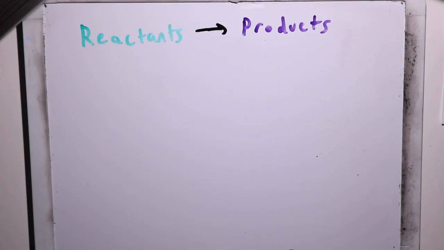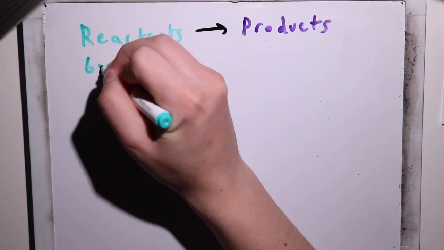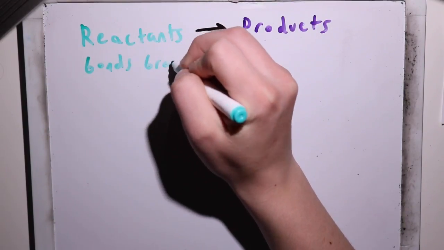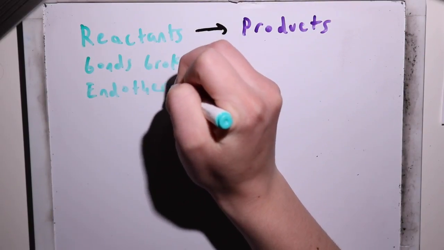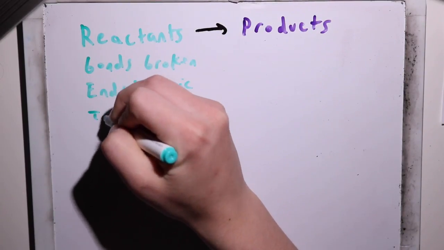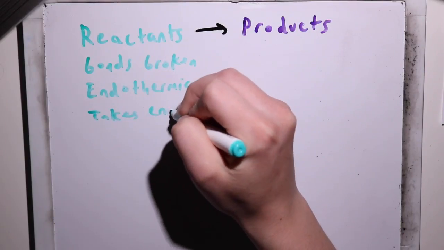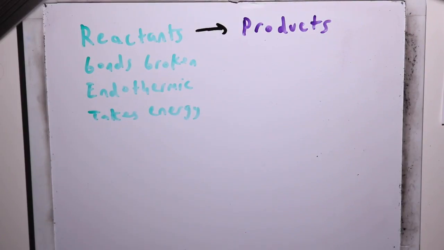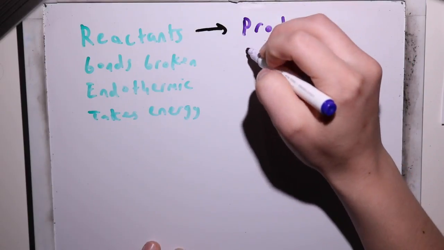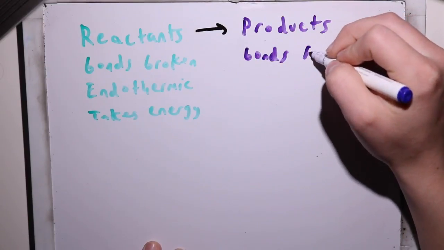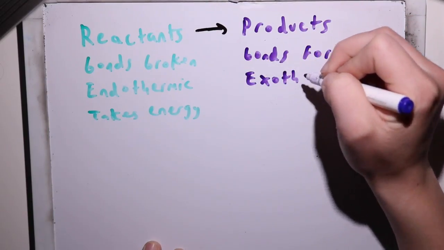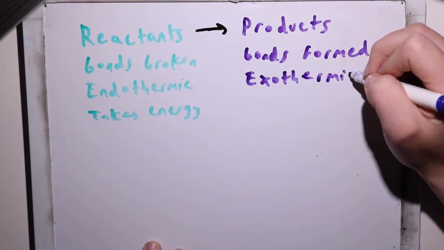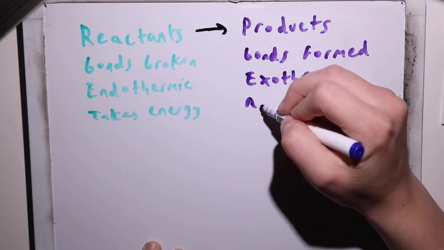So the form of a reaction is reactants going to products. And reactants are bonds being broken. And this is endothermic because it takes energy to break bonds. Whereas products are bonds being formed. And this is exothermic because it releases energy